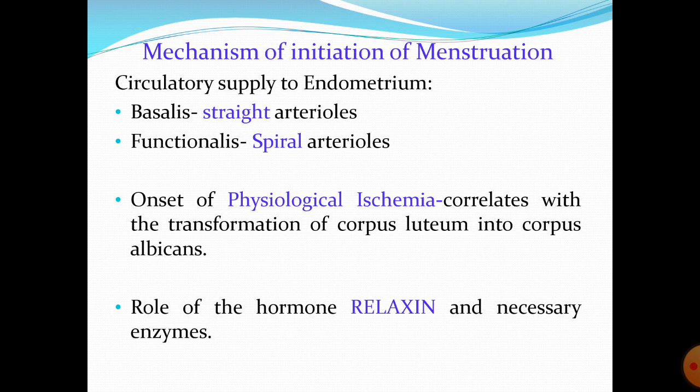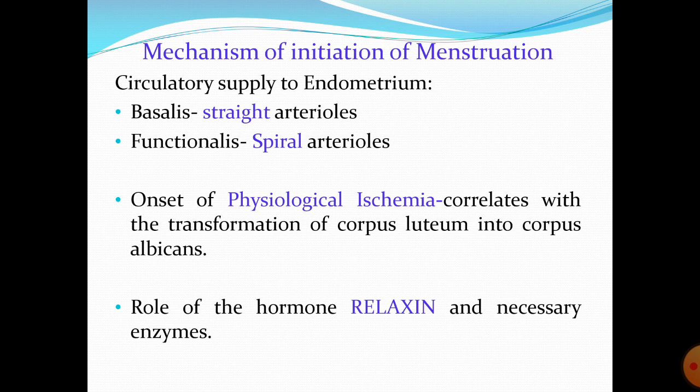Just before the menses, the spiral arterioles start contracting one by one, as a consequence of which the functionalis part does not get any circulation. This is known as ischemia or physiological ischemia, which correlates with transformation of corpus luteum into corpus albicans at the